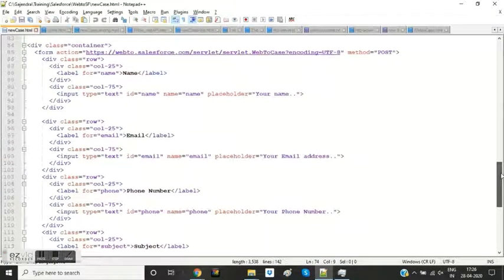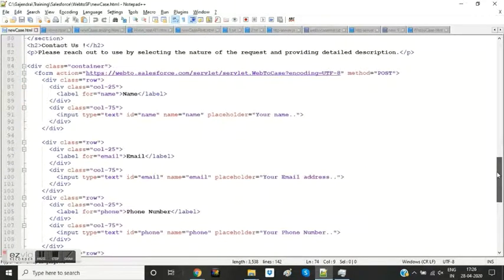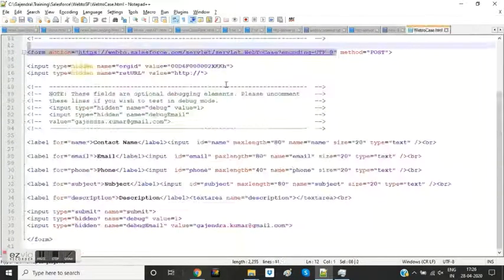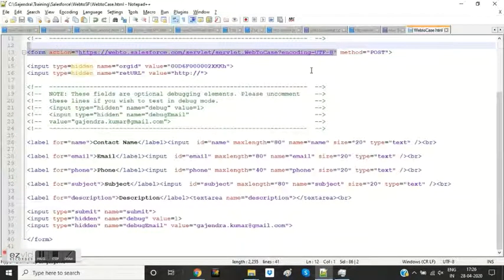If you focus on our basic functionality, let us compare it with the original HTML code which we received from Salesforce, to see if everything is there. The form is there, and the form action is the same which we had received from Salesforce.